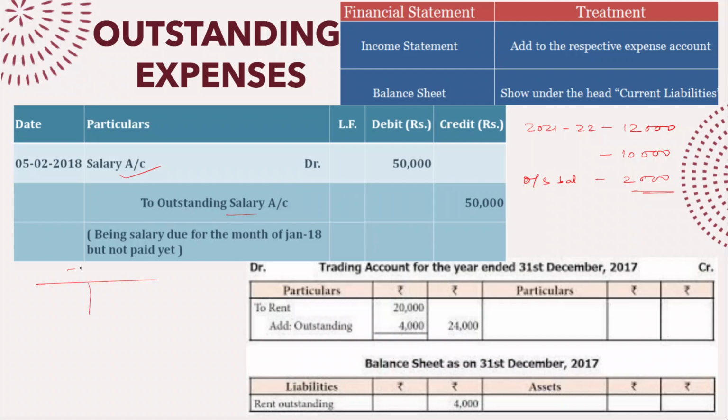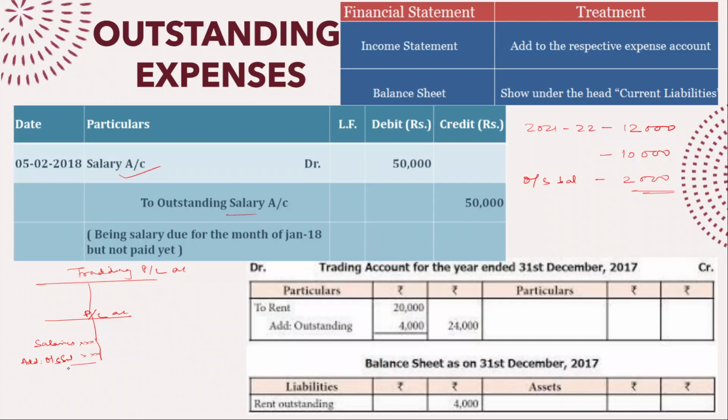So now salary account will be shown in your PL account. So this side is your PL account, and salary is shown on this debit side. So whatever outstanding salary is there, you will add this amount with the salary, and in the final column it will be shown as 12,000.